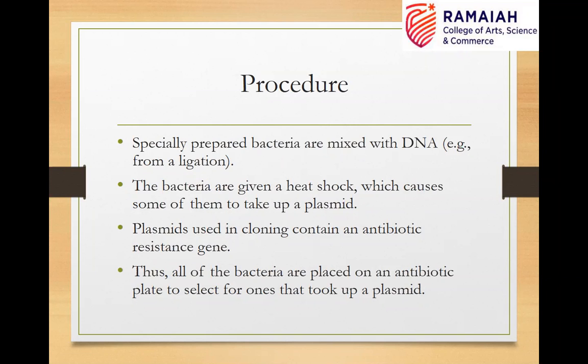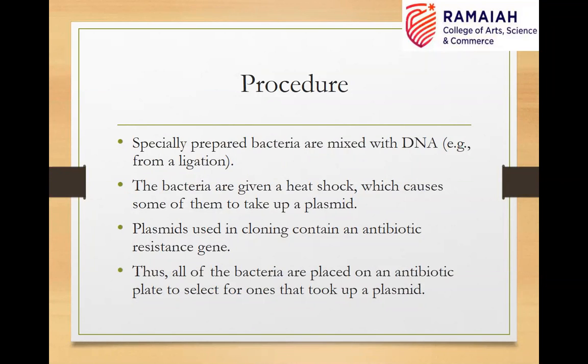So all the bacteria after this transformation reaction will be placed on an antibiotic plate to select the transformed cells, and you have to go for further procedures to pick up the cell containing the right plasmid. I hope you understand what I mean by right plasmid. The cells containing the religated plasmid and the cells containing recombinant plasmid, both will grow on the antibiotic plate, because the antibiotic resistance marker will be present on the original plasmid and of course on the recombinant plasmid also, but we are interested in the recombinant plasmid.